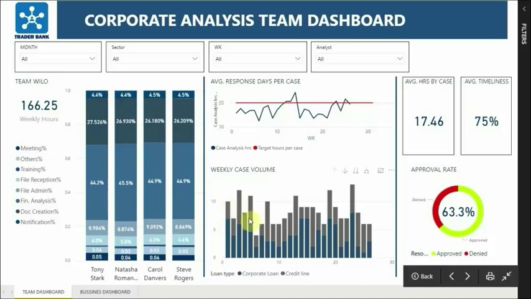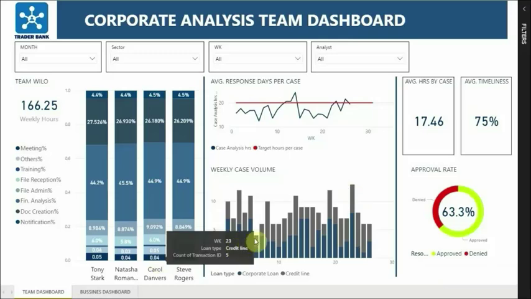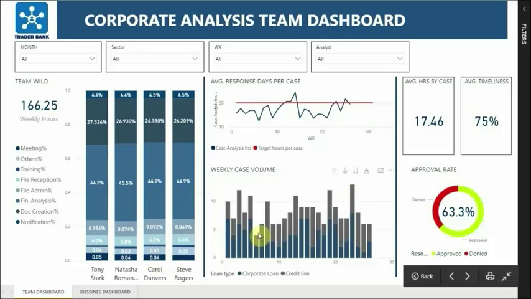And on the bottom portion here, we have the information about the volume of cases that are analyzed on a week by week basis, which can definitely serve to identify seasonality and based on that also manage the daily and weekly capacity. Now, one of the main advantages of using Power BI is that these dashboards and these templates